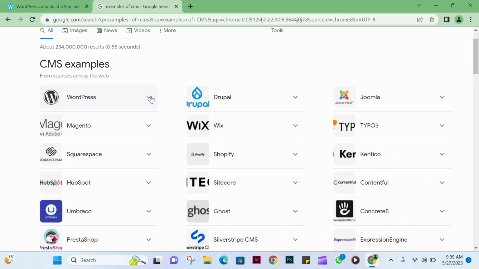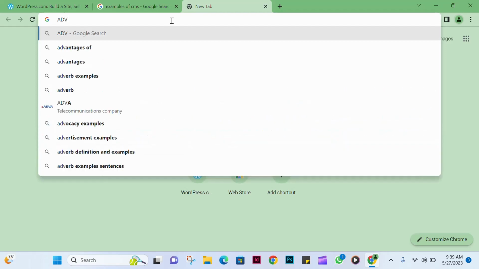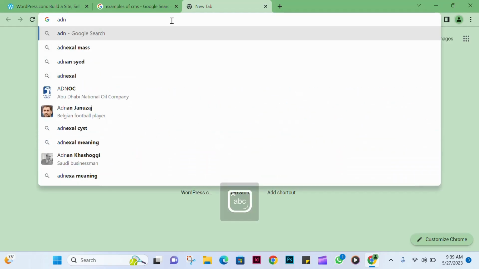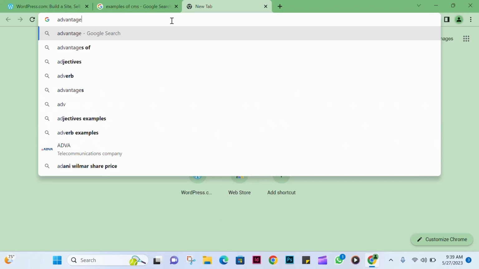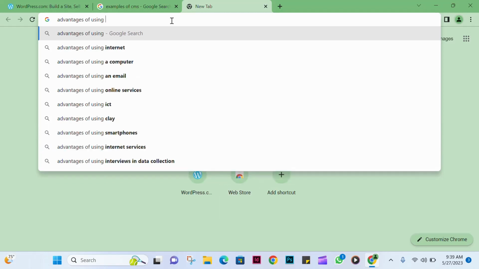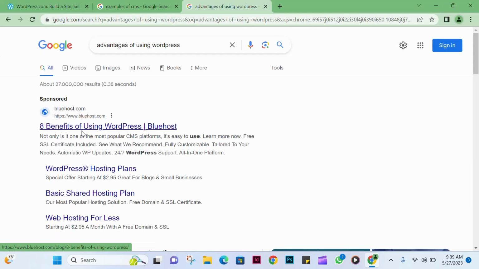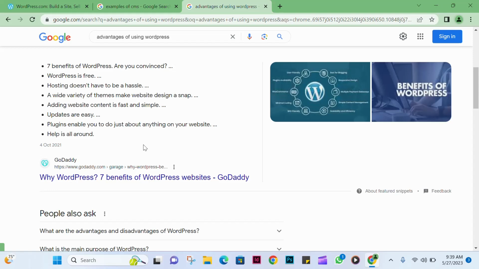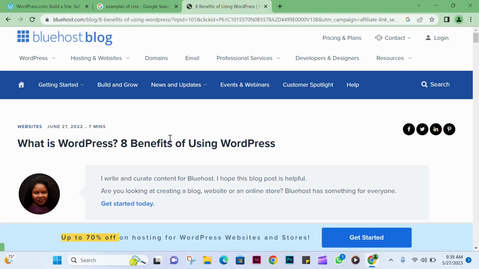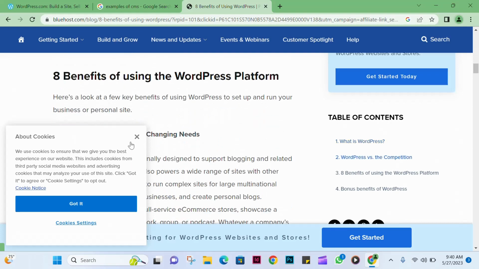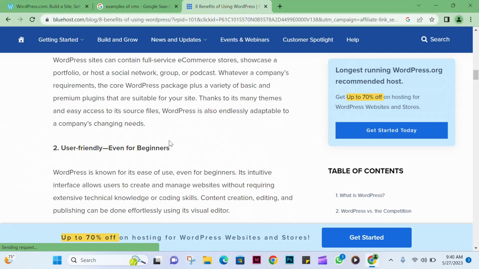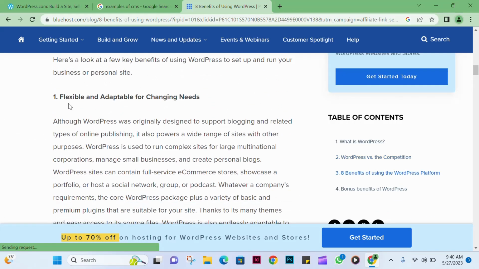Now, someone might be asking why we are choosing WordPress. Why? Because WordPress is really easy to use. Let me put advantages of using WordPress. Let me try to see benefits. Flexible and